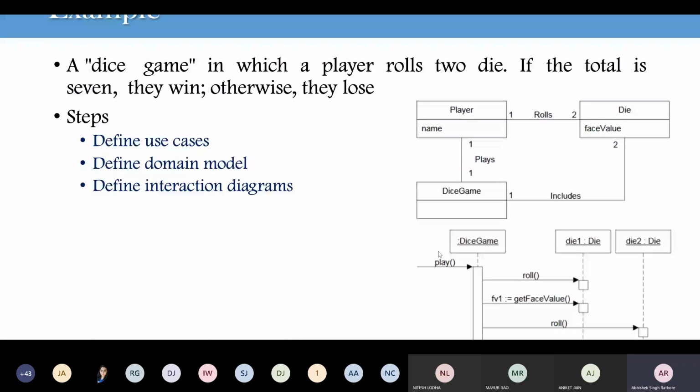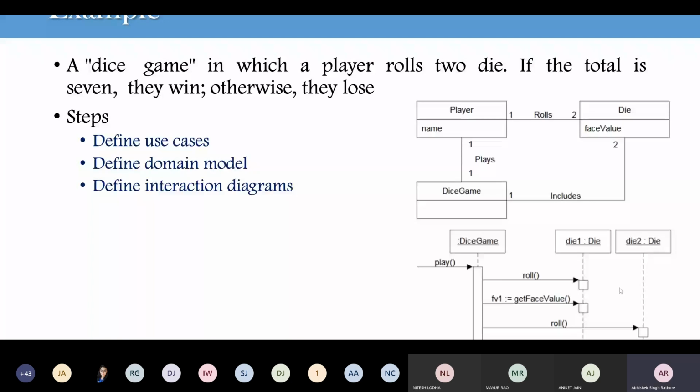For example, this figure illustrates the essential steps of playing the game. What messages are used among the different instances of the classes is shown here. This instance calls the roll function and the get face value function on this object. In addition, it also calls roll and get face value on the second instance. So this is all about the interaction diagram.